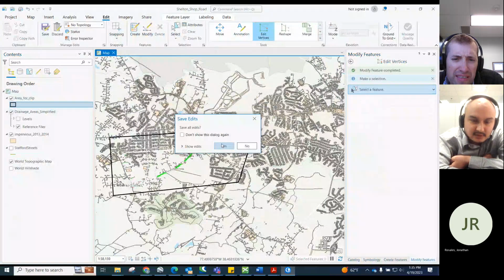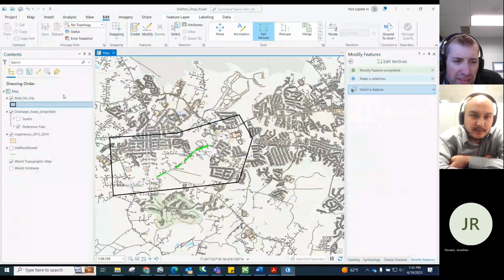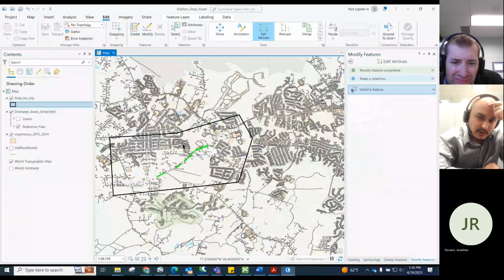Is there a save edits? Yep, save edits. And now this particular shapefile is in the projected coordinate system, right? So let's project our impervious 2013-14. That is also in the same coordinate system, Virginia, not first.